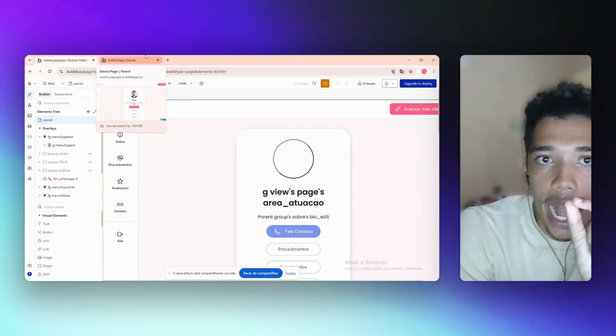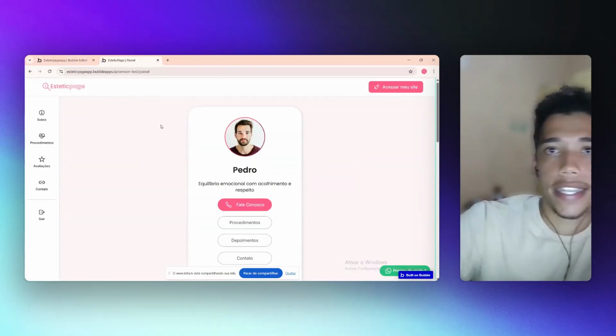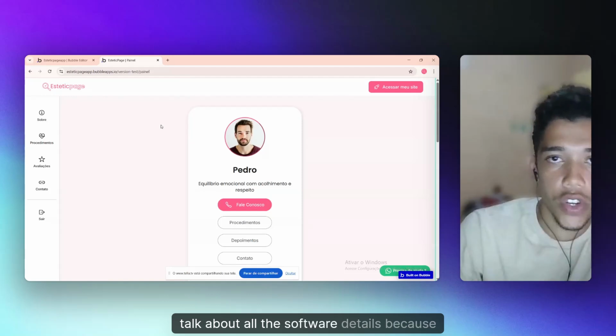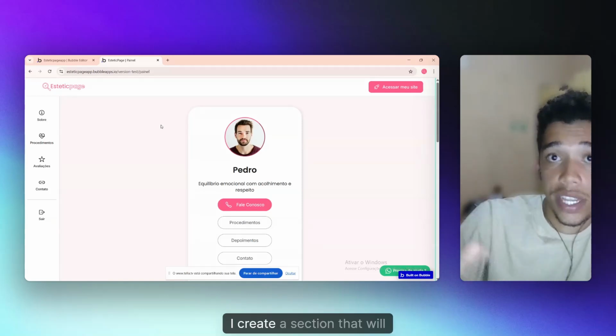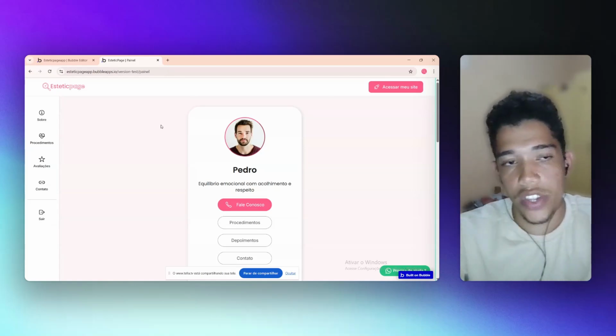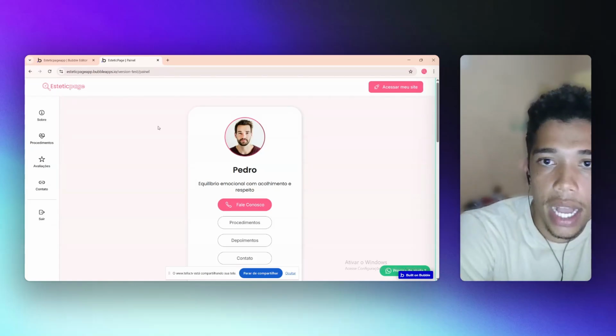So I won't talk about all the software details because on this website I created a section that will describe more information.